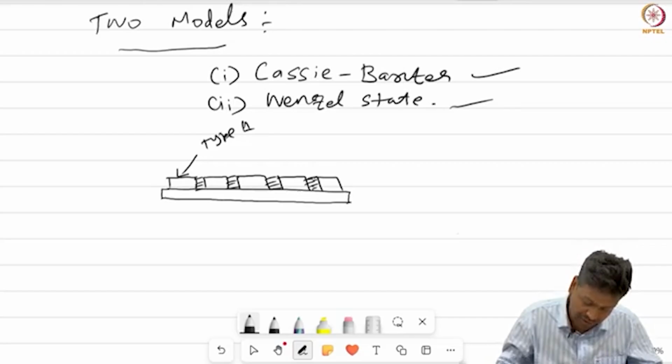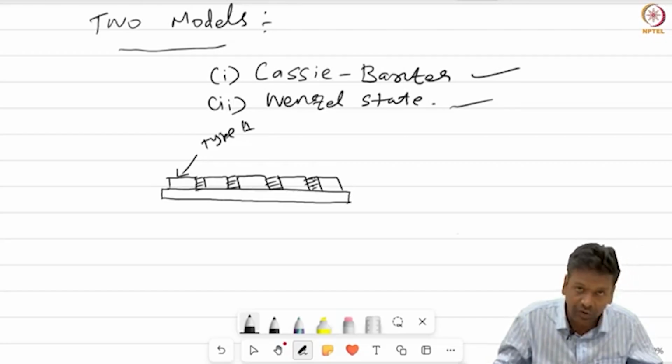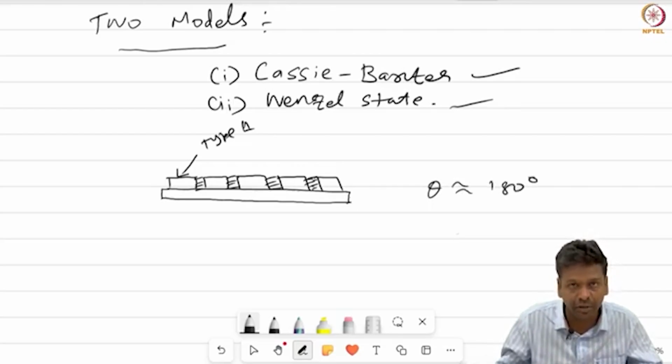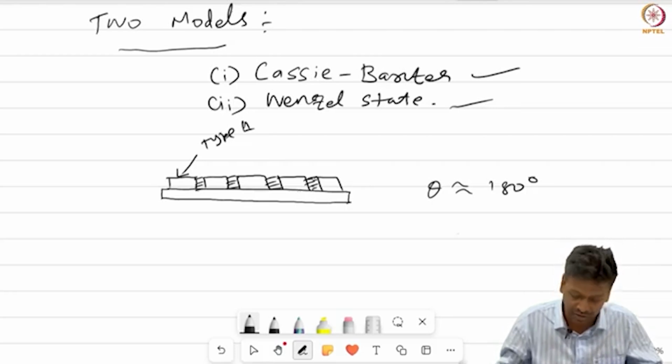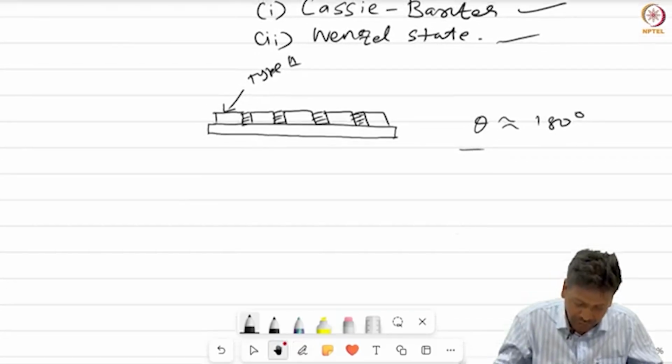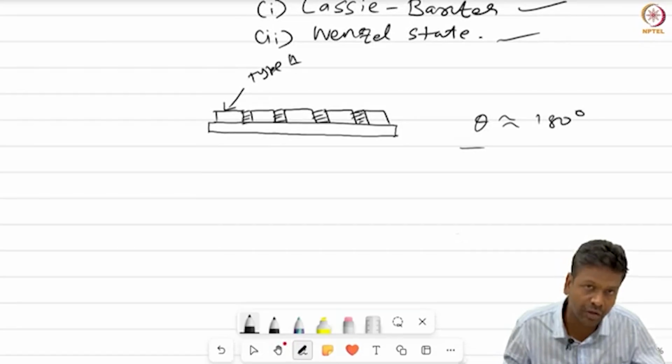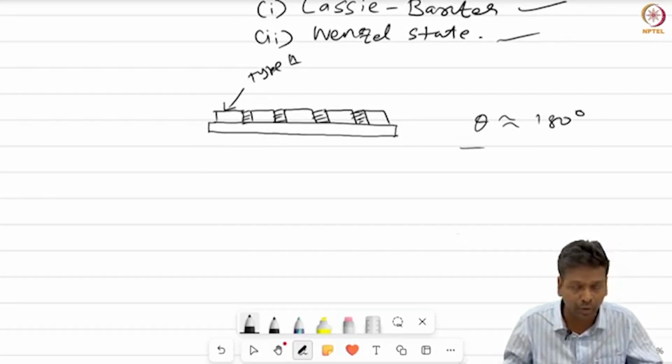In such a case, we can assume that theta will be 180 degrees, which means the water molecules cannot enter this zone, so the droplet will not spread at all. So we can denote theta as 180 degrees. Whenever we deal with a combination of properties,